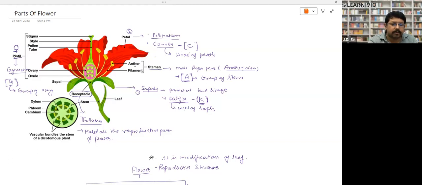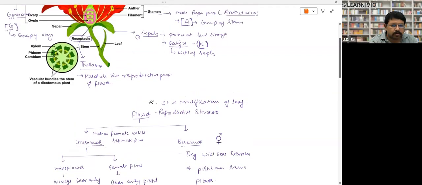Ovary will, let me write it down. Ovary will become fruit, and ovule